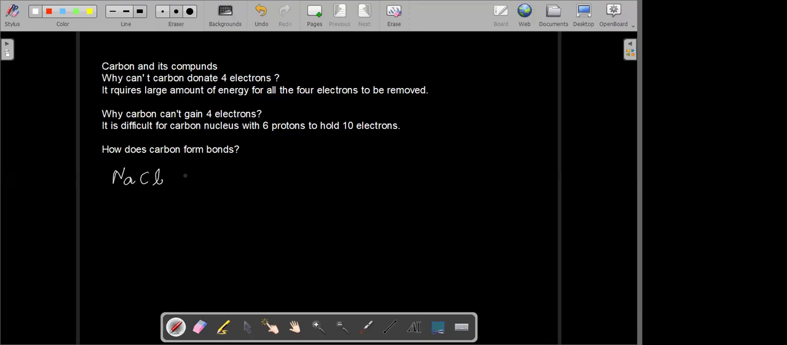So how is NaCl formed? Sodium easily donates one electron and forms Na plus. So sodium donates one electron and forms an Na plus ion. Chlorine is an electronegative element. So chlorine easily